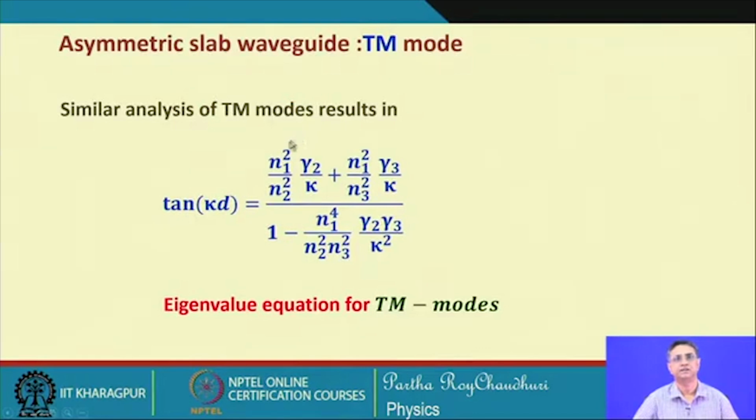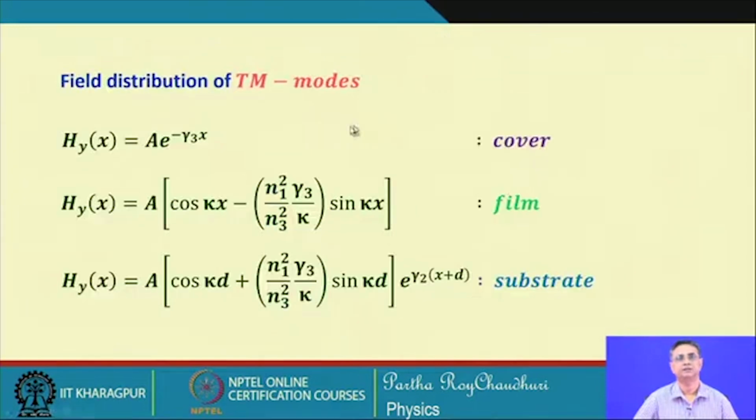For TM mode analysis, we can carry out the same way, and for HY fields you will get this equation, which will again be attached with n 1 square by n 2 square. This is the general form of the TM mode for asymmetric waveguides with 3 layers, and gamma 2 and gamma 3 will represent the bottom layer and the top layer for the cladding region. The field distribution for the TM modes is also similar, but in terms of HY, and you have this